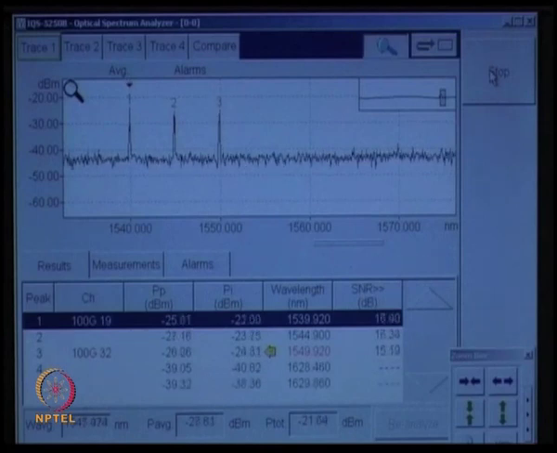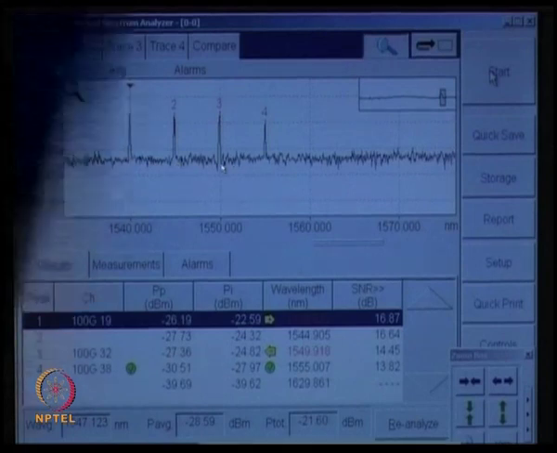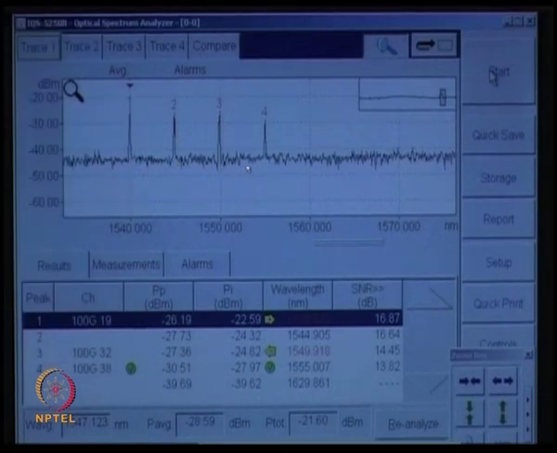So we are changing here the wavelength of the tunable laser in steps of 5 nanometers. So we started with 1540, 1545, 1550, 1555,